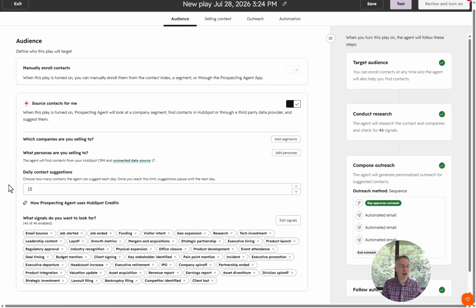You can tell it how many contacts you want on a daily basis. This is an important thing to pay attention to. Prospecting Agent does consume credits. It's 100 credits for every suggested outreach. So depending on how many credits you have,